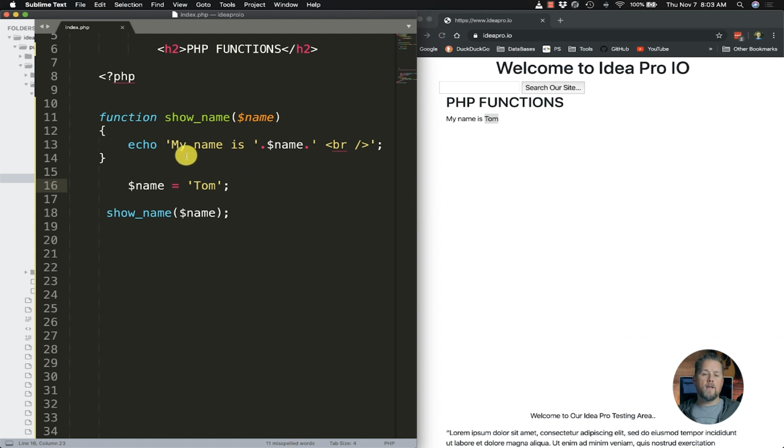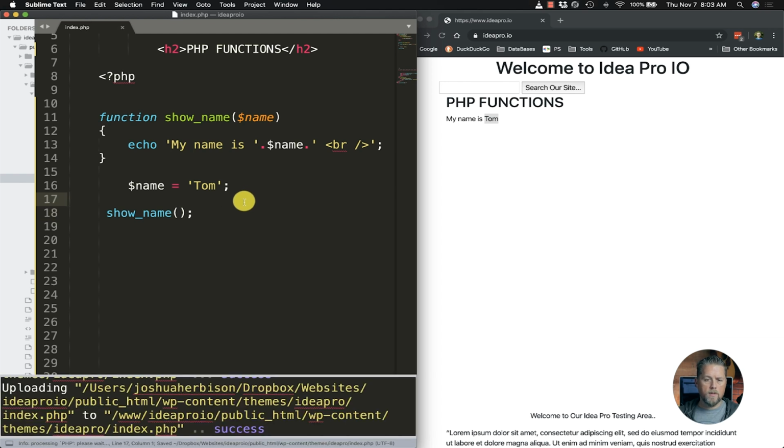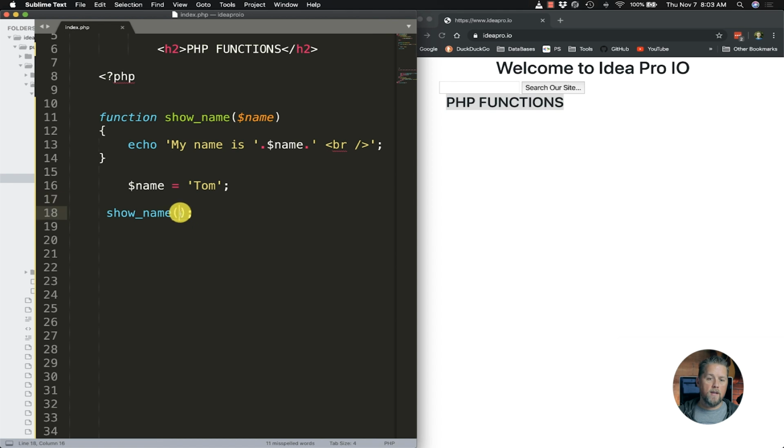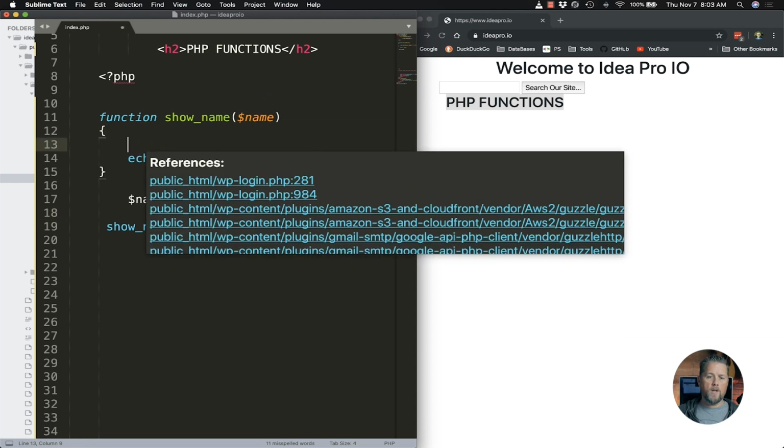Now, one thing that is a problem is if you have nothing here, and we come over here and refresh, this function actually just broke the entire page. And that's because we have an attribute or an argument missing from our function. If we wanted to run this and we didn't want to specify the name here inside the function we wanted to call name,